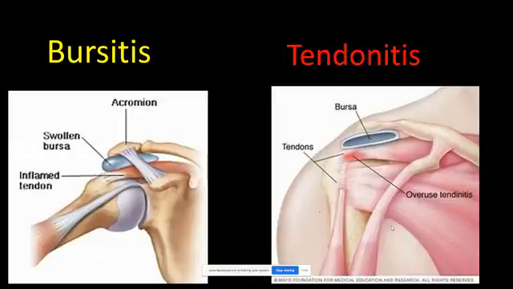Okay, bursitis and tendinitis. So you have bursa around your joints. Bursa are just small fluid-filled sacs that lubricate around the tendons and the joint, just make everything glide smoothly when you move your joint. Okay, so with impingement and other things like that, those bursa can become inflamed. Same thing over here. So you've got the tendon can become inflamed and angry. This is usually caused by an overuse injury.